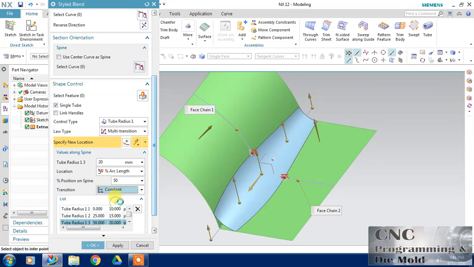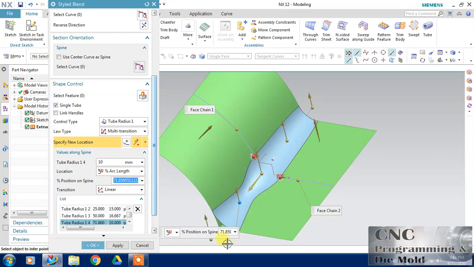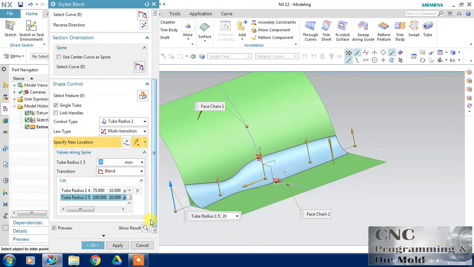And if you need constant, the constant will come at the last, and free it will adjust automatically. So I change it to blend, and at the last point I need this radius, change it to 10, and percentage is 75%, and one more point is there, that is my last point, and the radius is 20. You can see this is my result, and preview.